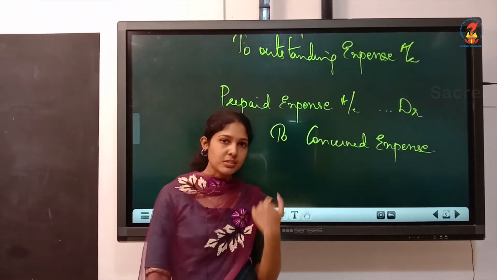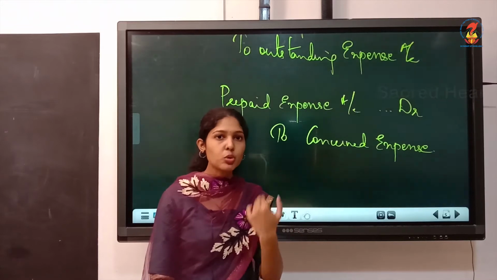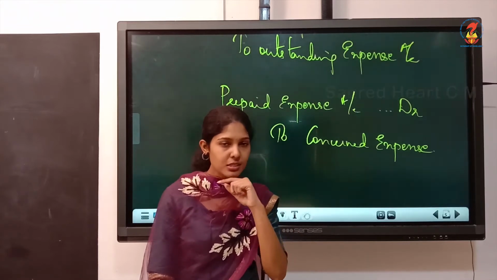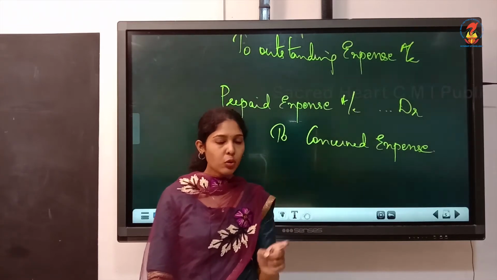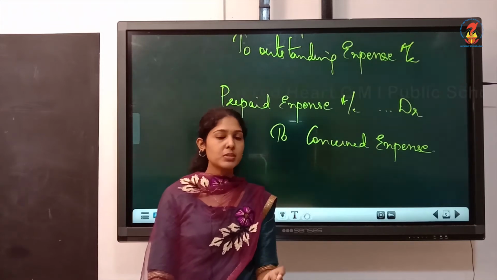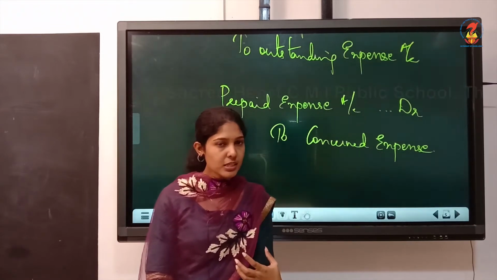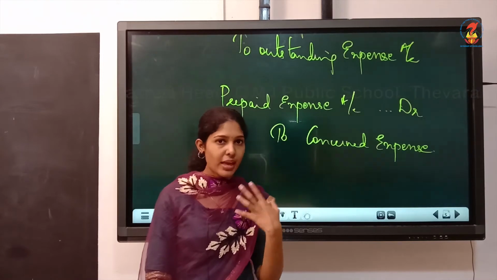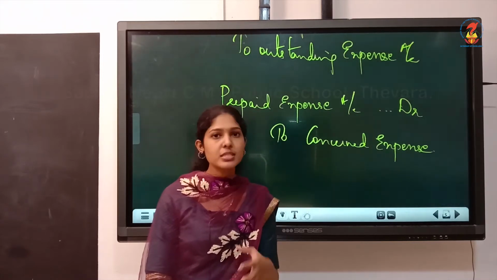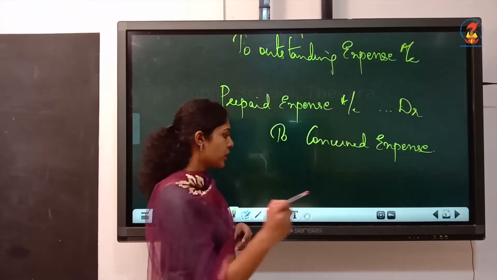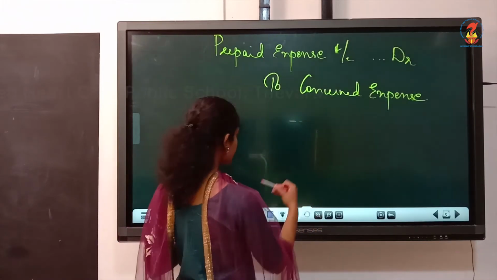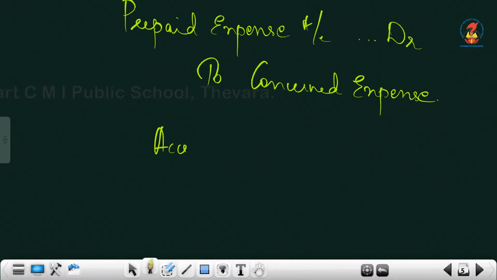What is the nature of accrued income? We haven't received the amount. We have to receive it later. It is receivable for the firm. So accrued incomes are receivable items. Receivable items means the asset. So asset accounts should be always debited. So which is the asset account here? The accrued income you have to debit. So write the journal entry as accrued income account